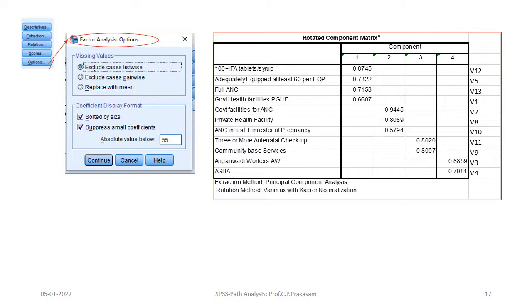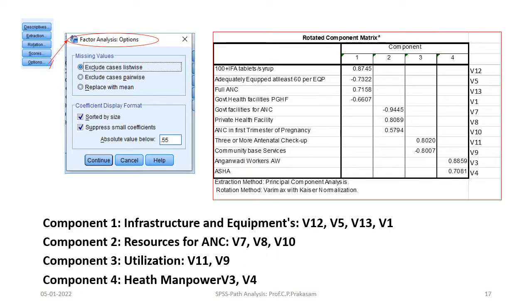Then these variables have been identified with our table given earlier, and on the right side we have given the numbers V12, V5, V13 like that. Factor 1 has V12, V5, V13 and V1. Therefore, this is the component or factor, and we can give it a particular name.